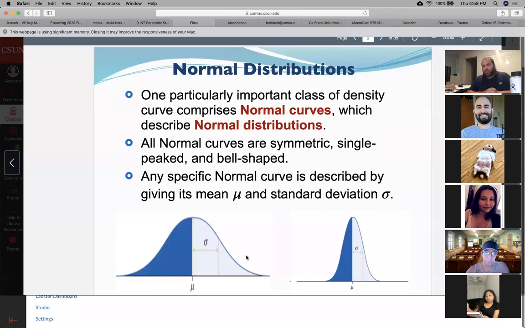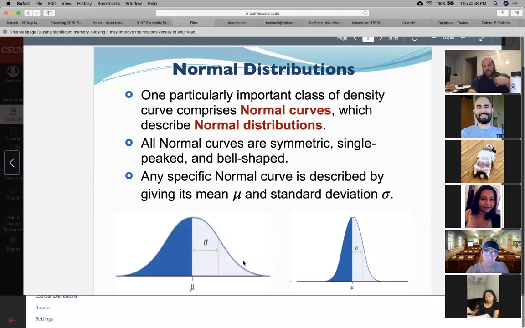Every two normal curves in existence that have the same mu and sigma are the same. You change one of them, it's a different normal curve, okay? But they only require two things to completely specify: mu and sigma. It's kind of like